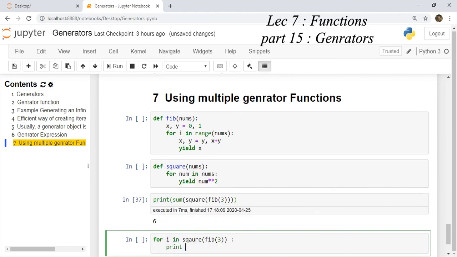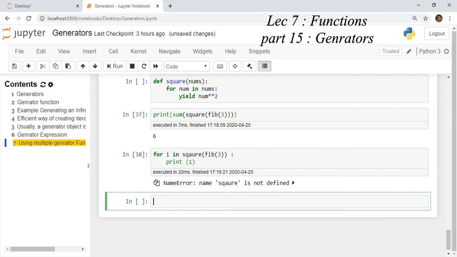Print i. You will see values will be generated on demand. So the output will be 1 square. The second term of the Fibonacci series is also 1, therefore again 1 square. The third term of the Fibonacci series is 1 plus 1, 2, therefore 2 square is 4. So 1, 1, 4 will be your output, whose sum is equivalent to 6.